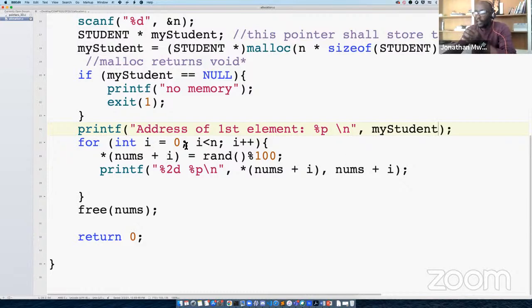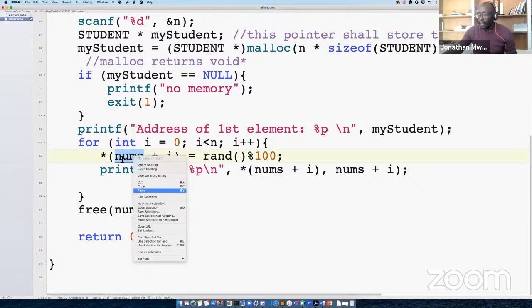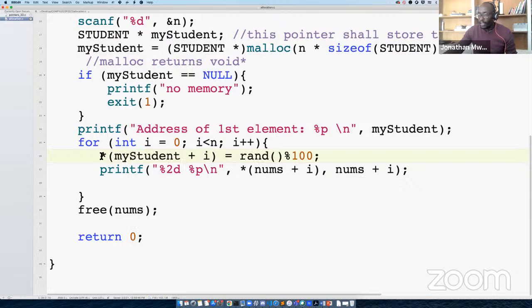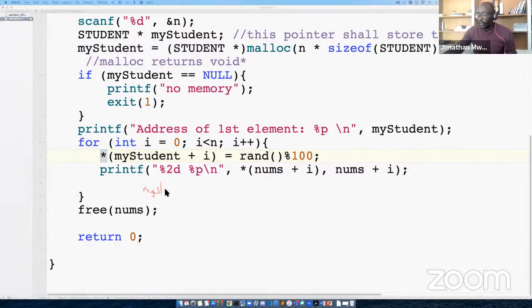For int i equal to 0, i less than n, i plus plus. So we want to do all the items. There are 2 items to be kept. Remember here, myStudent plus i, if we dereference this, is equivalent to myStudent[i], like that, right?